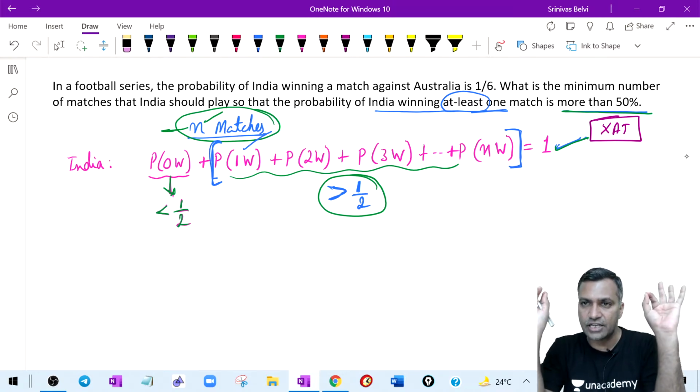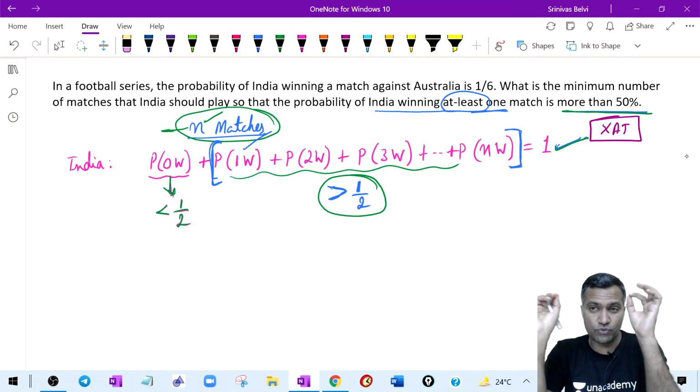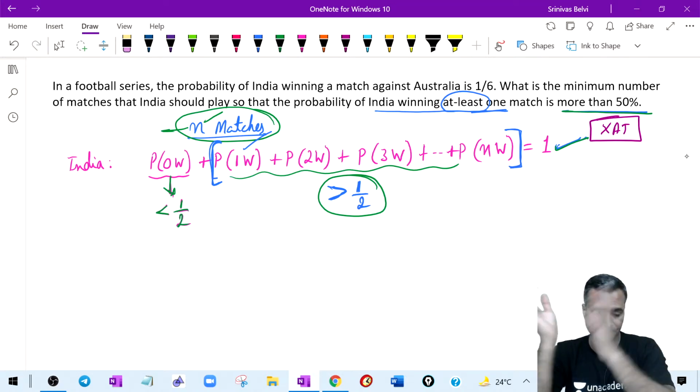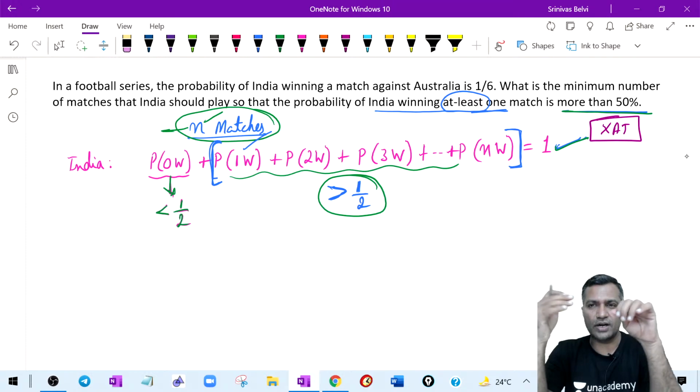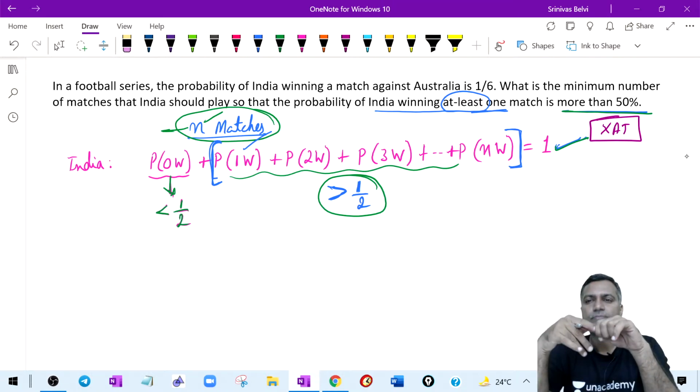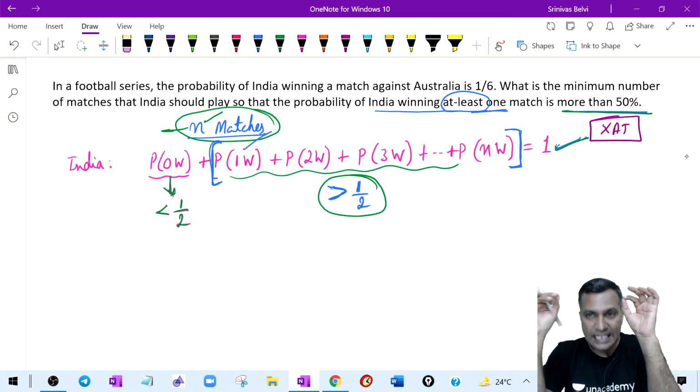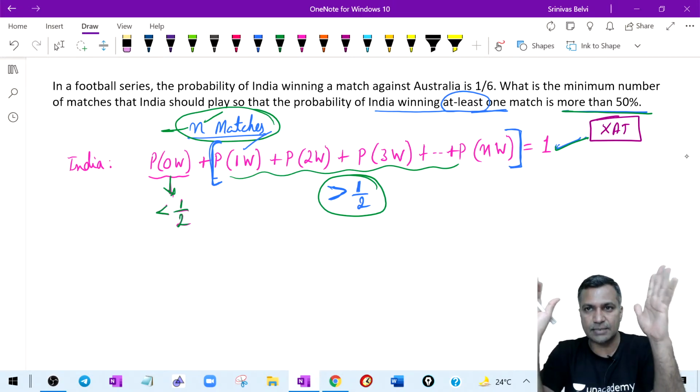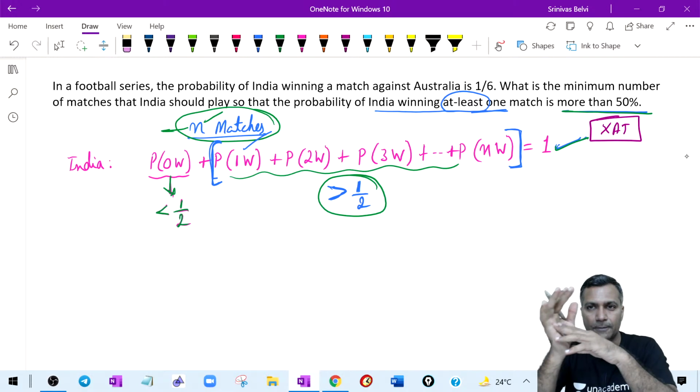So far, are you guys clear what I'm doing? Guys, so far, are you clear what I did? What I explained so far, is this clear? These steps are clear.